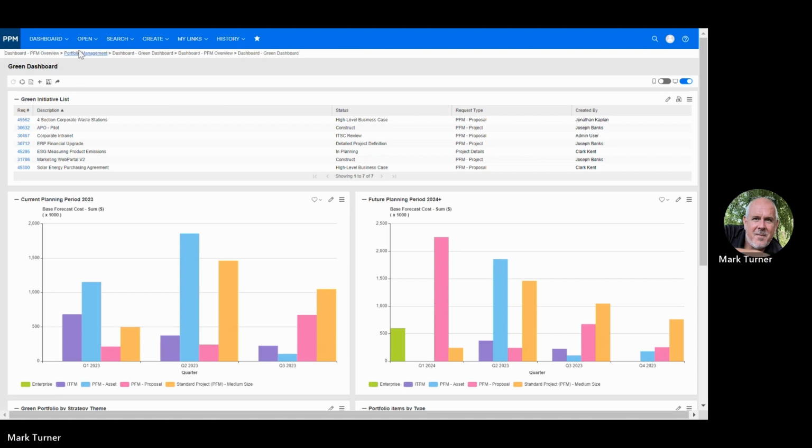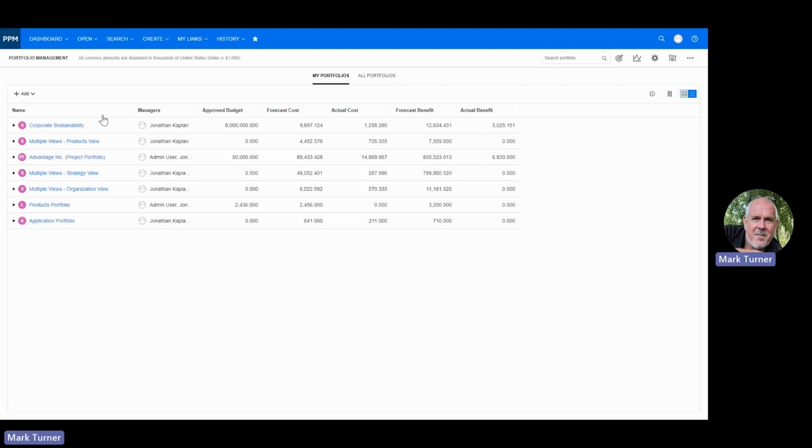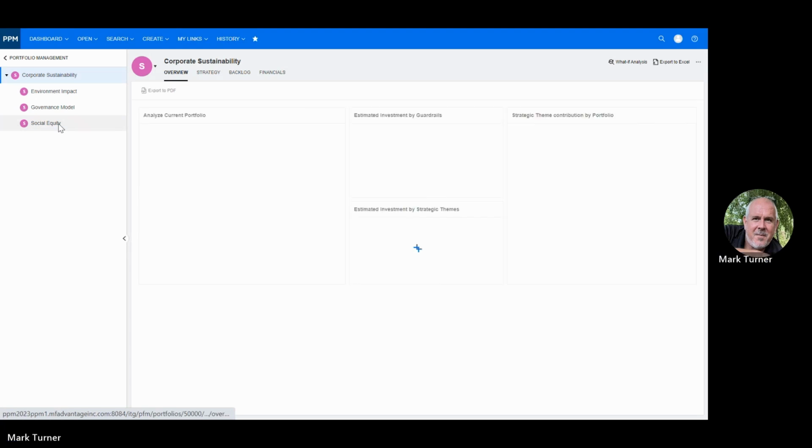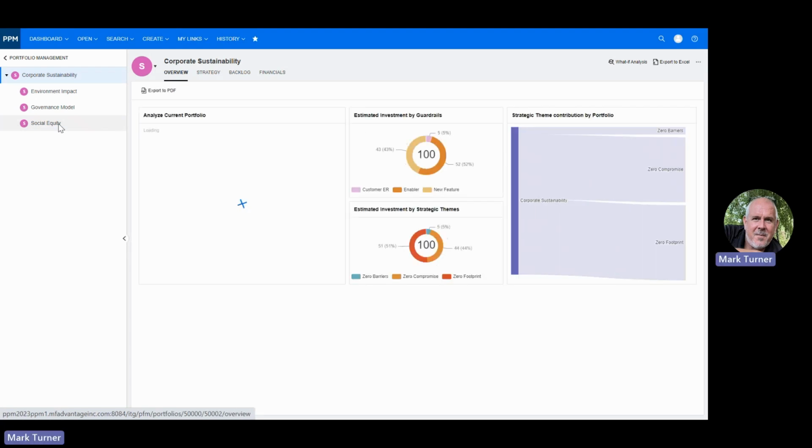So if I click on the open menu item and go into the portfolio management area, as I said, PPM supports any types of portfolios within the system. So I've got product portfolios, application portfolios, project portfolios, and at the top here you see I have one called corporate sustainability. So this is my sustainable or my ESG portfolio. And if I just open this up,